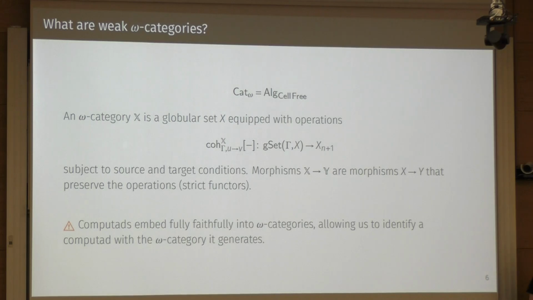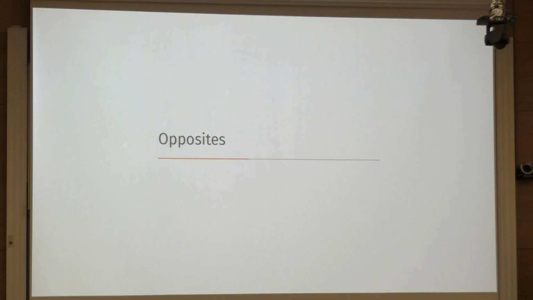And just a small remark, computeds embed fully faithfully into omega categories, so we can identify a computed with the free omega category that it generates. Now, having said that, let's get into the construction of the opposite of an omega category. Well,